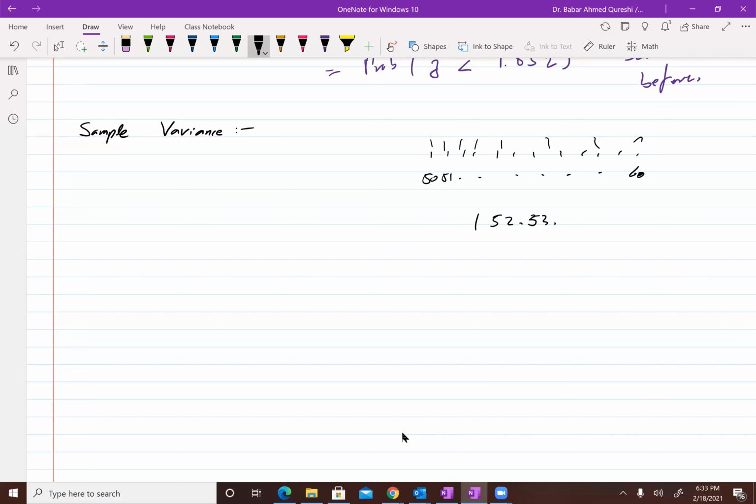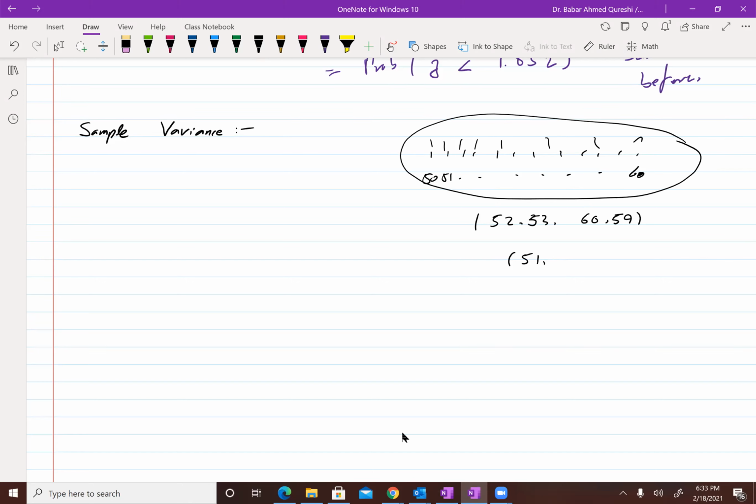Maybe I get these numbers, and by chance I was doing it with replacement because I'm thinking of them as an infinite and very big population. So each one of them has a chance of coming again and again. Maybe I get, let's say, these ones. Just by chance. So this sample is more distributed, more varied. Its mean and the mean of these two will not match. They don't have to match because it's a random variable, but the sample variance,